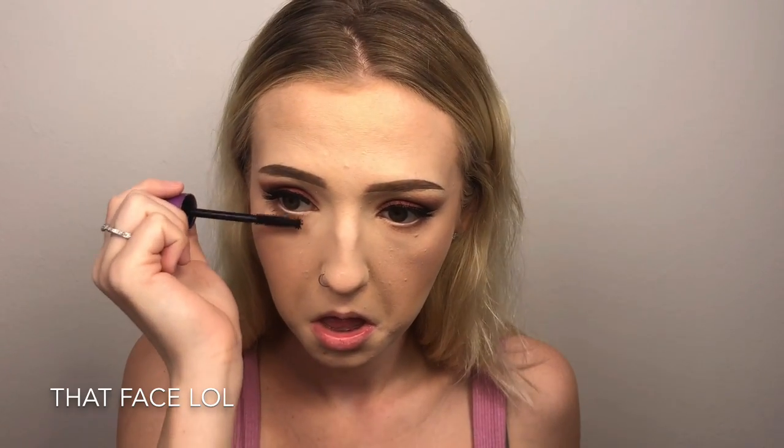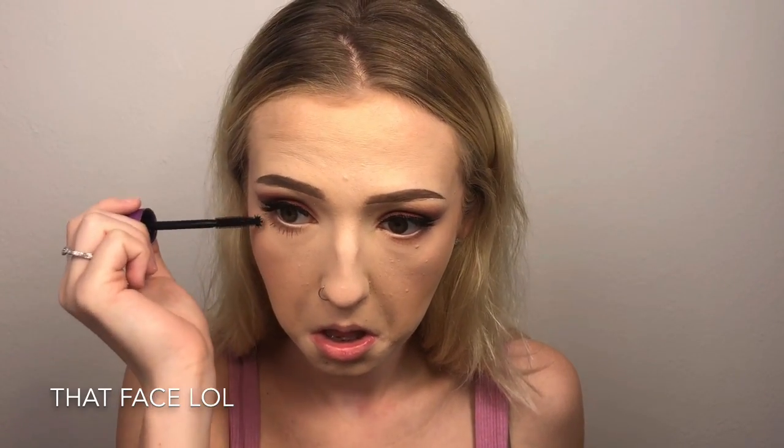And we're gonna go ahead and go in. This is the So Lashy CoverGirl mascara, and this is the waterproof one, and I like to put this on my lashes under here. Just to bada bing bada boom it. This one's a little tense though, so let me just grab that. There you go. And I believe that the eyelashes are dry enough, and I'm going to go ahead and put